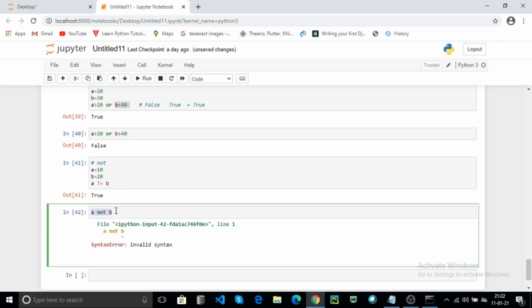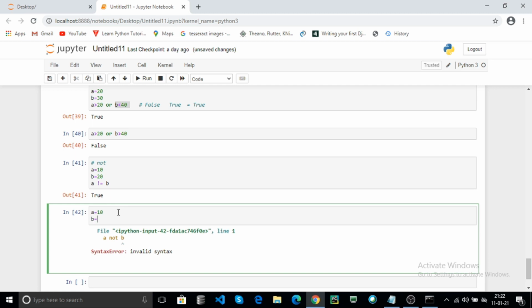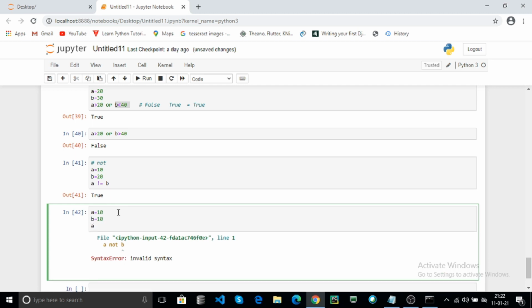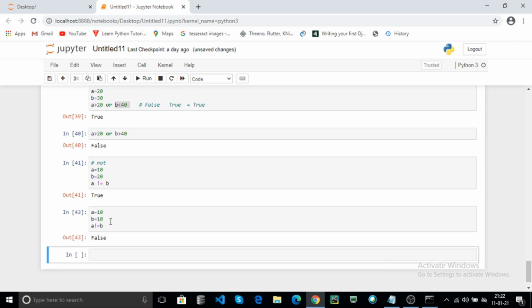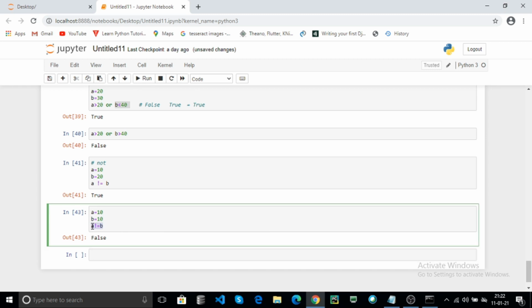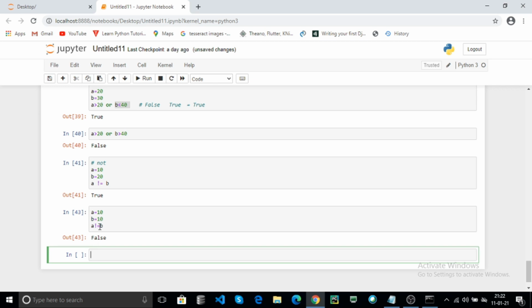This point to be remembered. A equal to 10, B equal to 20. Here A not equal to B. This is the not equal to.